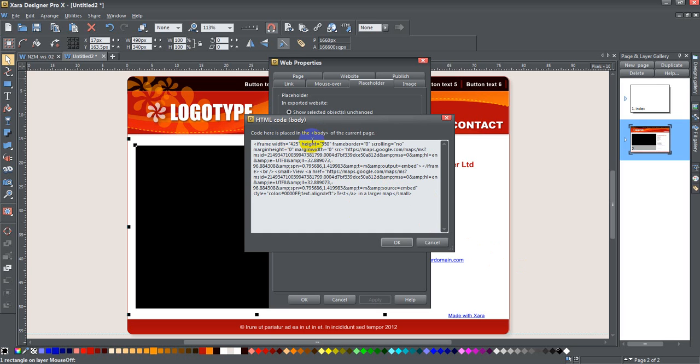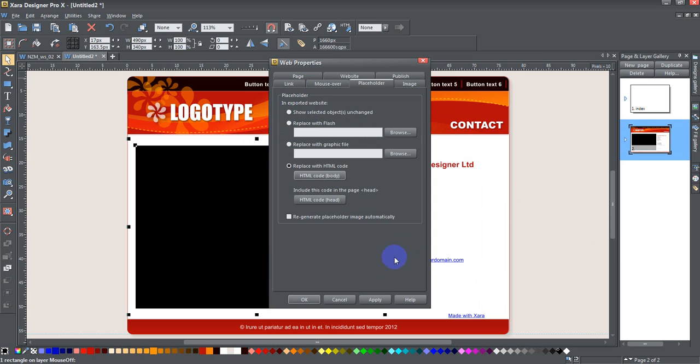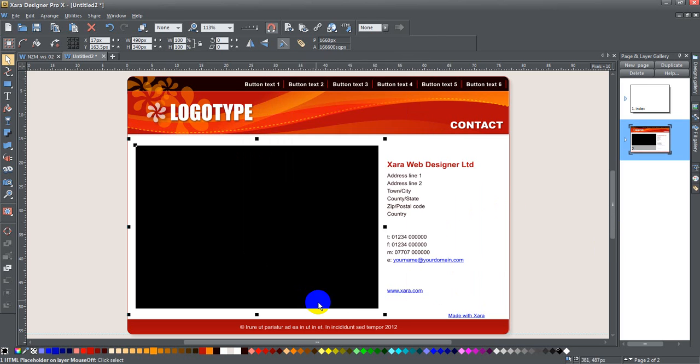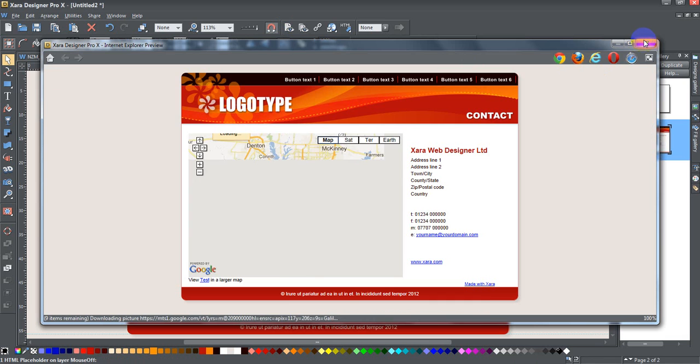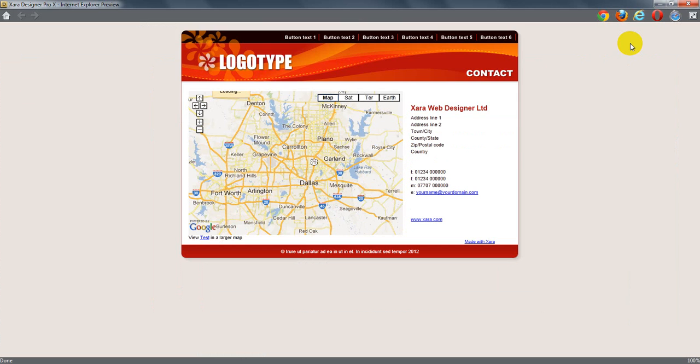So I'm going to go ahead and change these numbers to be the same as what I have here. So the width is 490, and the height is 340. And I'll leave the rest of it alone, say OK, press apply, OK, and as soon as I preview this website, there is my map